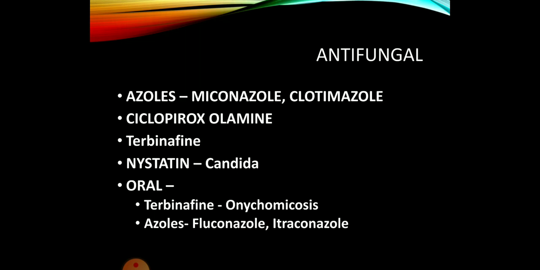Voriconazole is basically having structural similarity to fluconazole. It undergoes extensive tissue distribution and mostly given via injectable route, the intravenous route. But oral preparations are also available. This is well tolerated but can cause hepatotoxicity. So in case of using any kind of azole group of drug, oral preparations or injectable, you must assess the liver enzymes with the liver function test. The prolongation of QT interval chance is always there with these kind of preparations.